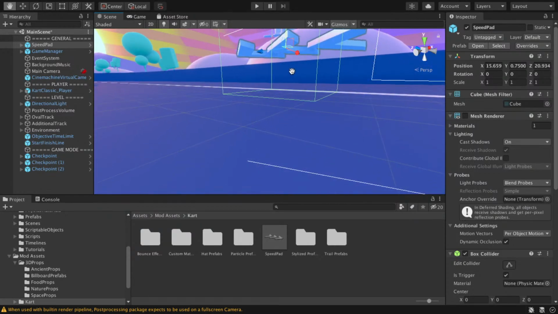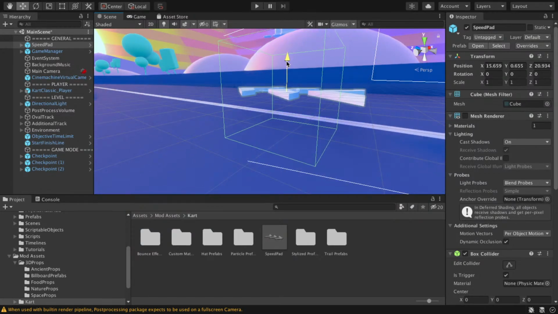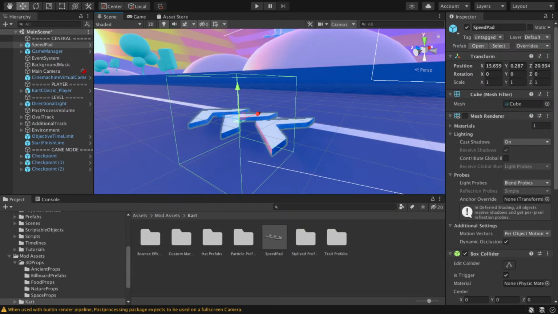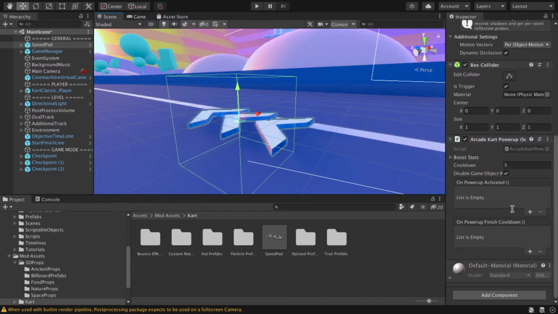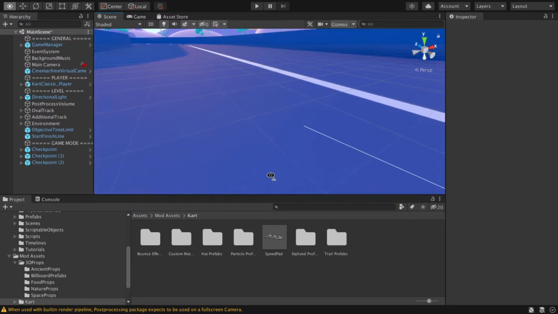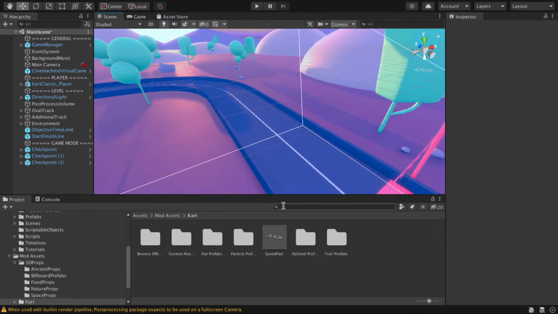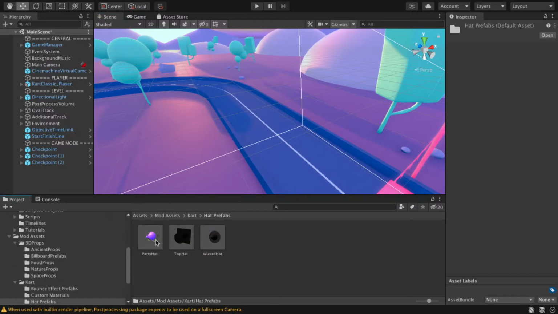So perhaps it's okay. So I'll make it on here, and it has a box collider, which I don't want. You can add power up or things like that. So perhaps I'll delete it for now. We'll go and add some environment props over here. Hard props. Okay, so this object you can add,